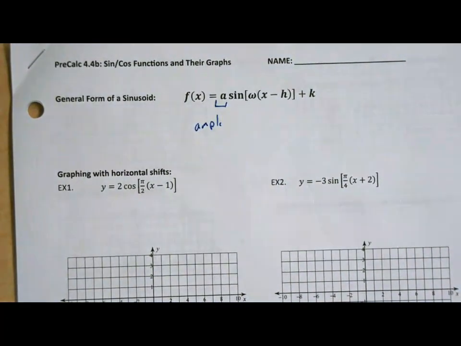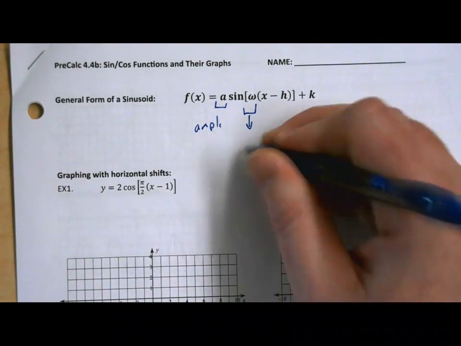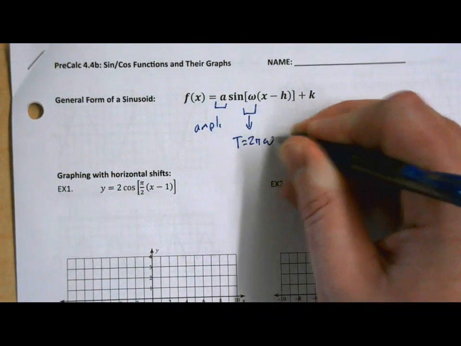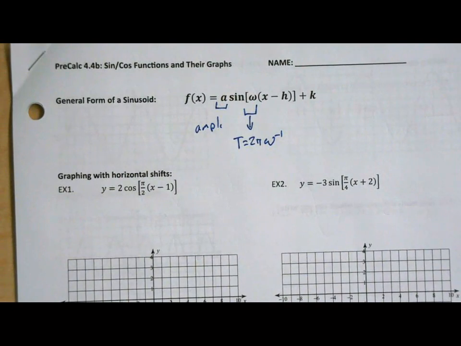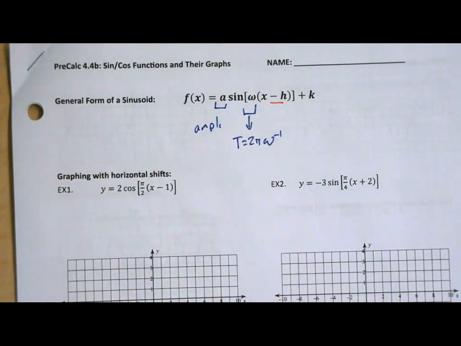And omega is still omega, which doesn't really tell us much, but we have that T is equal to 2 pi times the reciprocal of omega, and T is the period. So omega still helps us find our period. What's different in this is that we also have this minus h happening on the inside, and in terms of